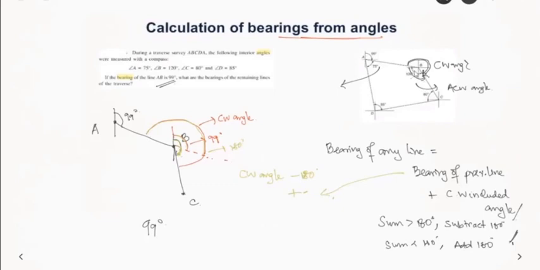So here they have given the inside angle, but we needed the clockwise angle, which is 360 degree minus 120 degree, which is 240 degrees. So 99 plus 240 is definitely greater than 180 degree. That's why we are subtracting 180 degree. So we can see the relation here. So if we solve this, we'll get the answer as 159 degree as the forebearing for BC.